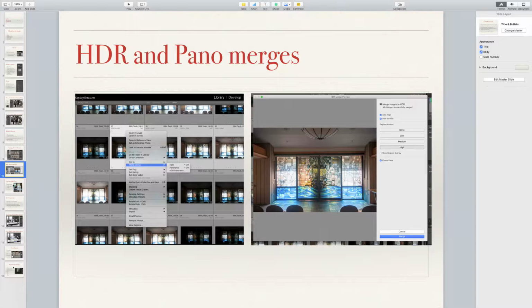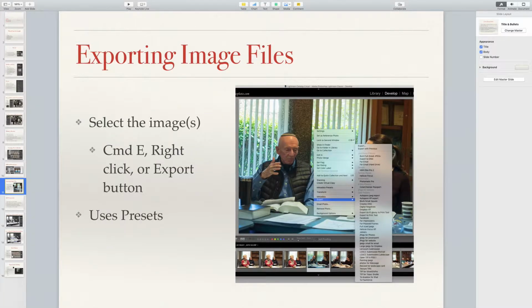So, what's next? Exporting. Exporting files is really something that everybody should know how to do. And the reason that you should know how to do it is because when you send me pictures for our monthly review, you should know exactly what you should be sending. And now I haven't made specific kinds of requests of you. I just said send me a JPEG, but the reality is we should be having specific types of